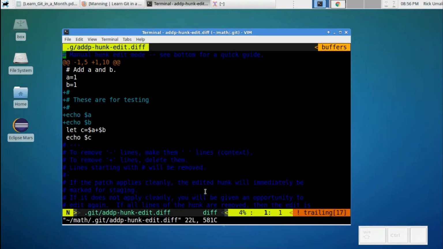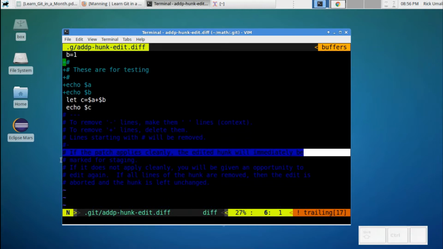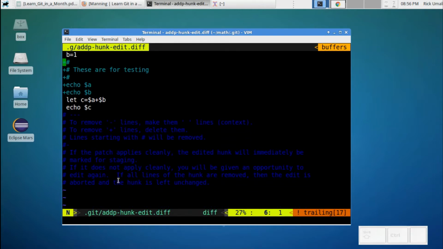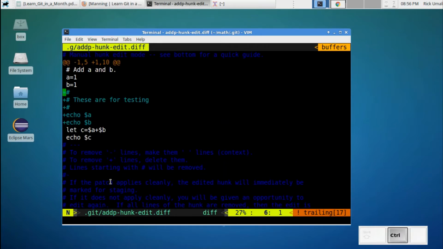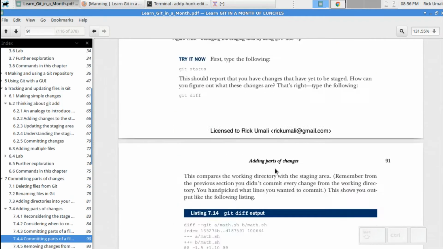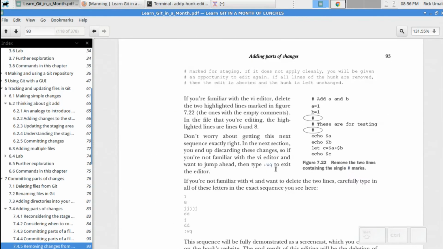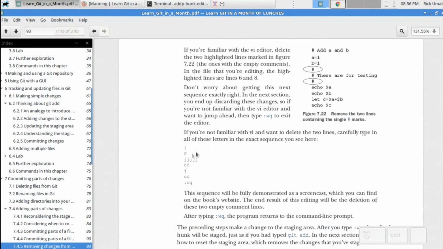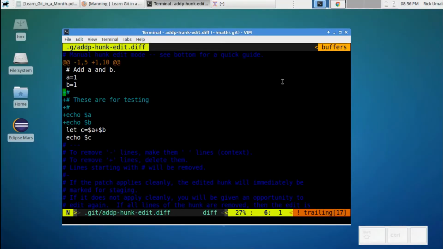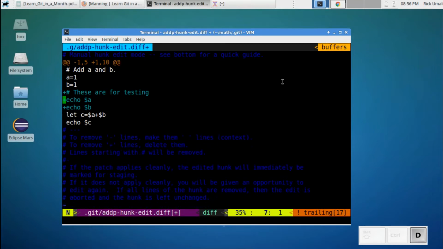There's also text here that explains what happens when the hunk applies correctly, and again, I urge you to read these carefully. In the book, I talk about what we're going for, and I give the VI commands here. I'm just going to demonstrate what that looks like. You can look at the lower right to get a sense of what I'm typing, but what we're really doing is we're removing those extra hash marks, which will leave just these 3 lines that will be put into the